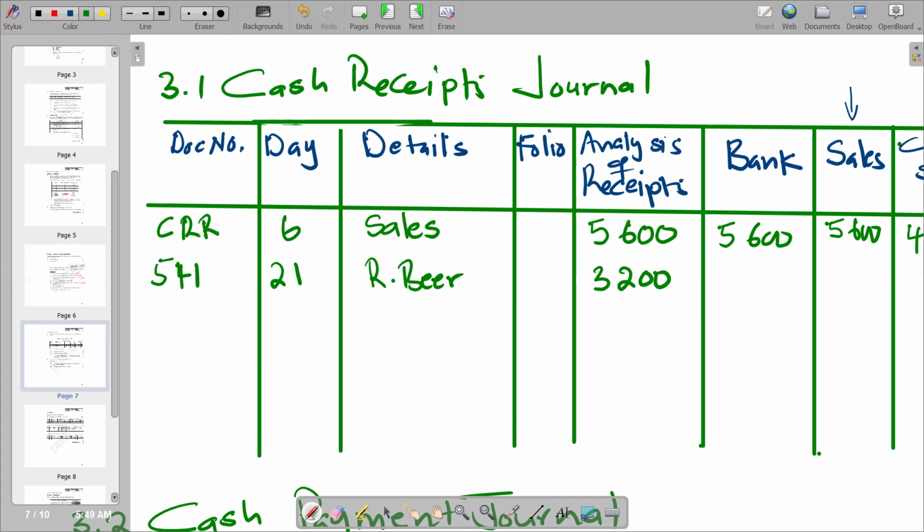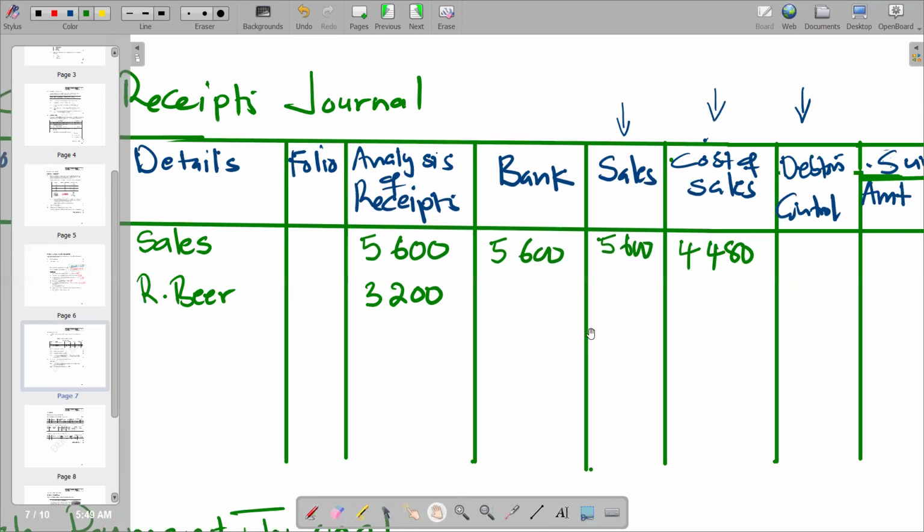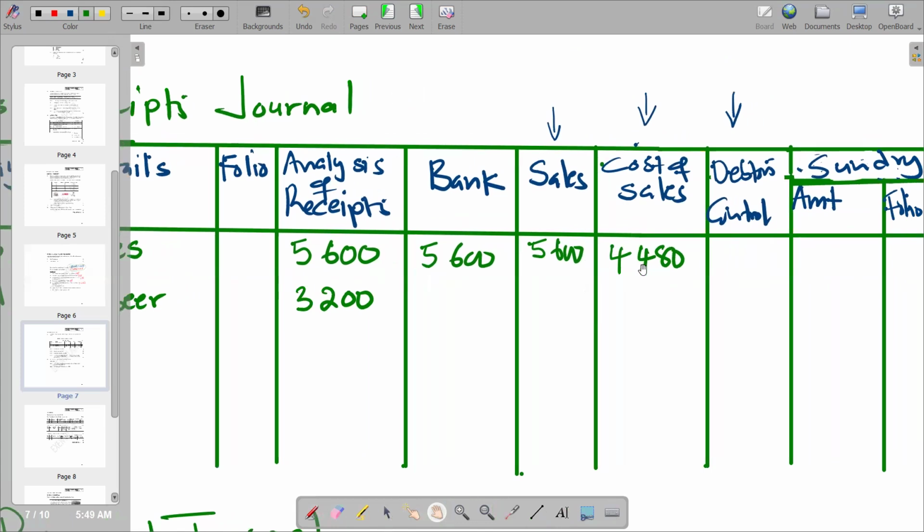Then from there, we are supposed to identify whether the transaction fits in the columns that we have there. Remember, we've got our columns here: sales, cost of sales, and debtors. We are seeing that this is money that has been received, and obviously it's going to be received through the bank. So we are going to put our